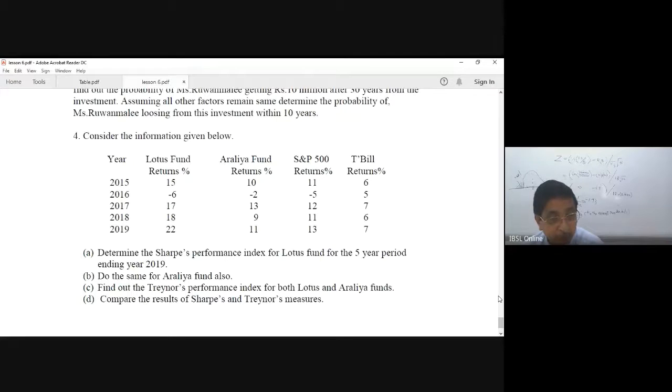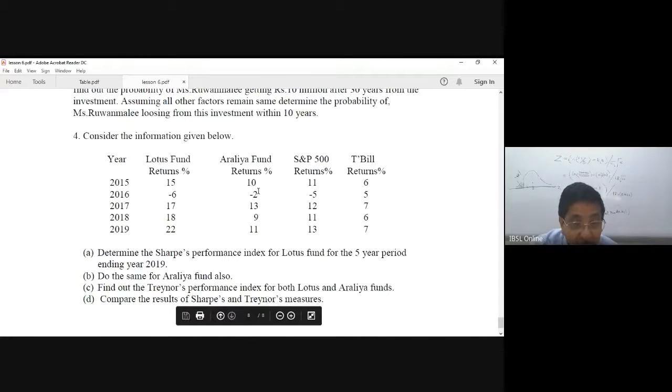So in that case, the average Lotus Fund return would be how much? You can calculate it and get the value. For the earlier fund also, you can have the mean return or arithmetic mean of the earlier fund returns. And S&P 500 returns also, you can get the arithmetic mean. T-bill returns also, you can get the arithmetic mean. Then you can do the calculations afterwards. Sharpe performance index is calculated by taking the risk premium divided by total risk. So total risk also